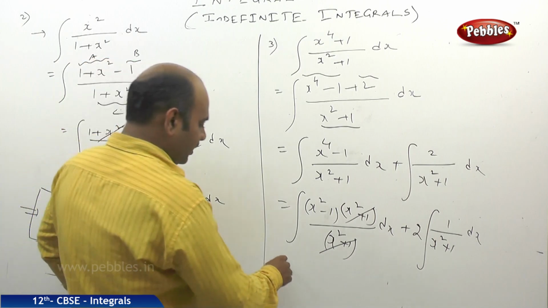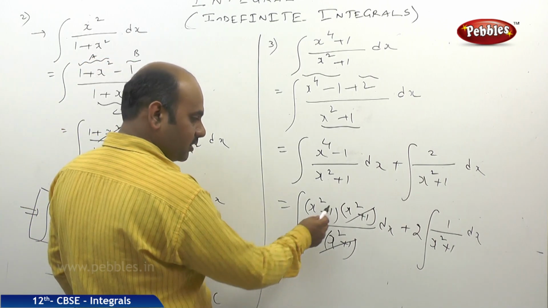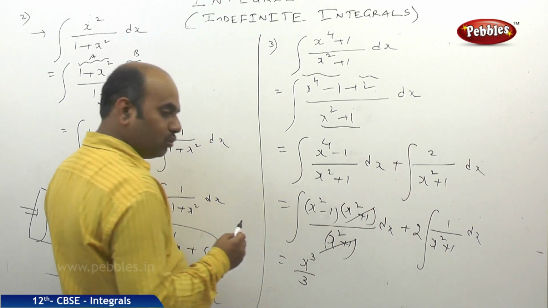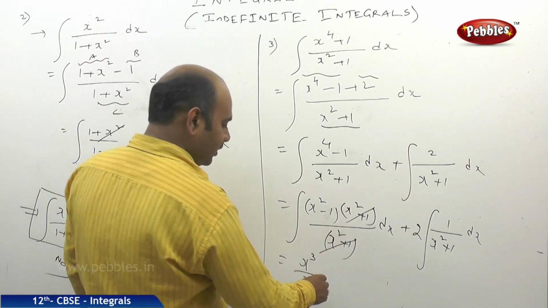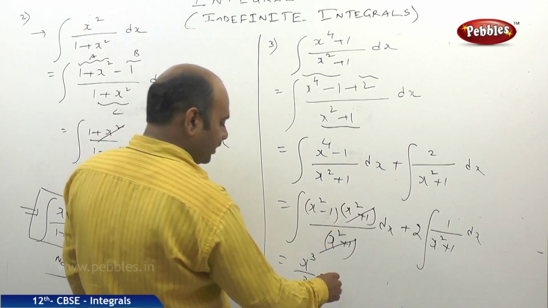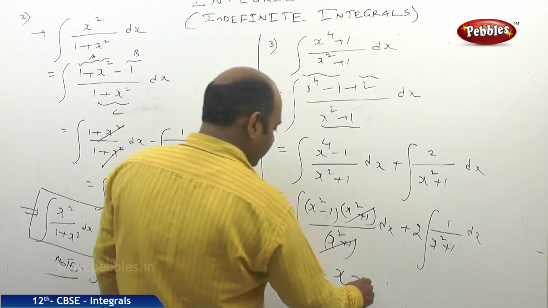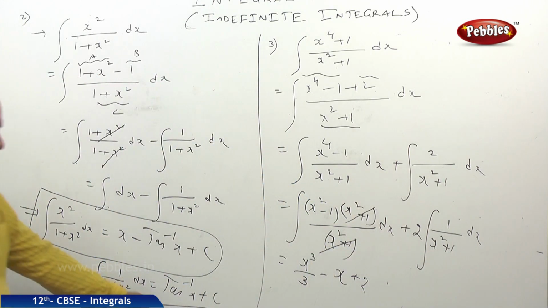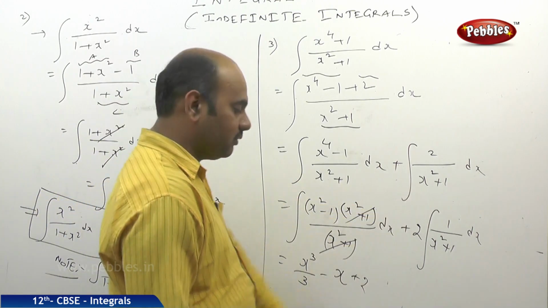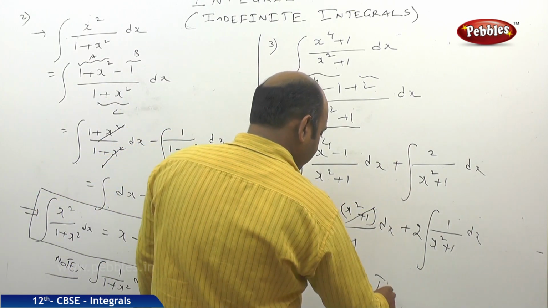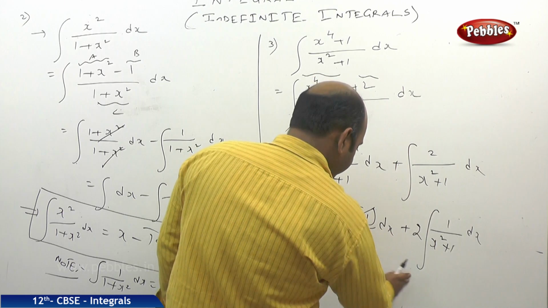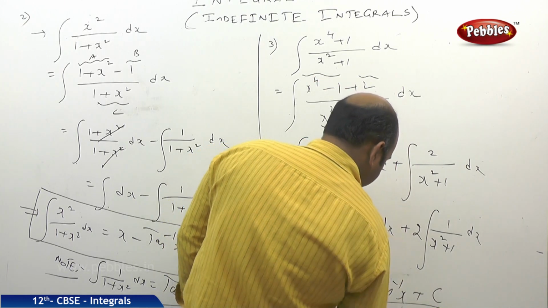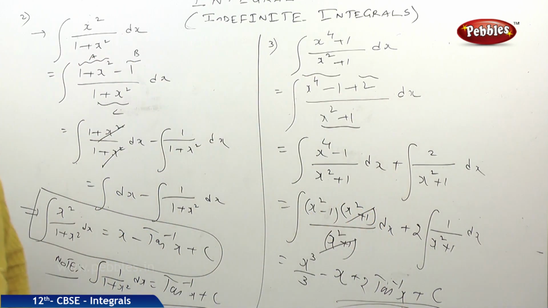You can tell blindly integral of x square minus 1 dx means integral of x square separately, so what is that? x cube by 3, and minus will be coming outside and integral of dx will be x, plus 2 into, just now I said in the previous problem, integral of 1 by 1 plus x square dx is nothing but tan inverse x plus c. So what happens, 2 into tan inverse x plus c. I think you are clear with this problem.